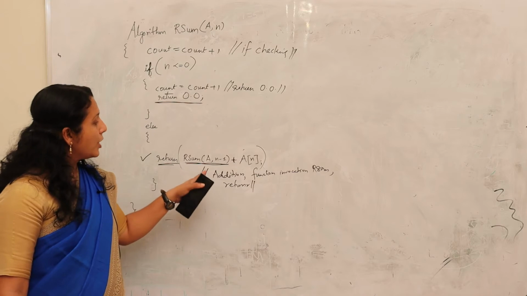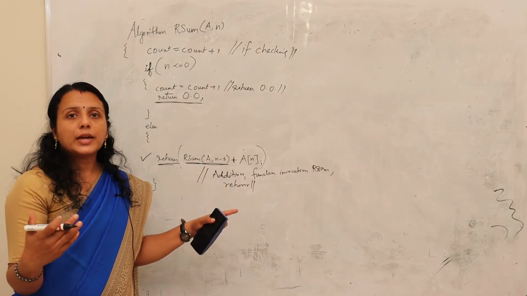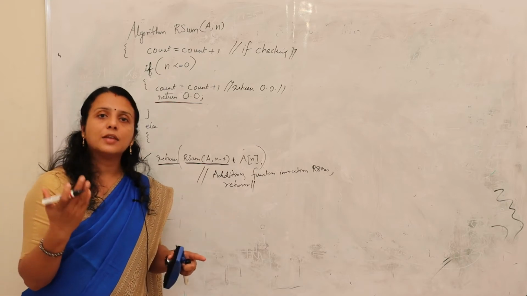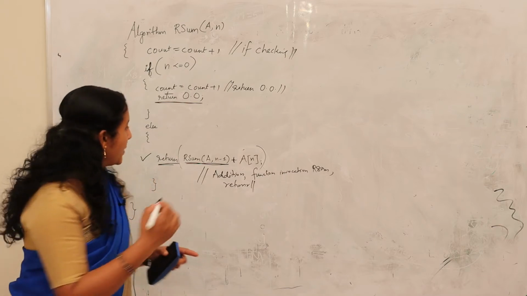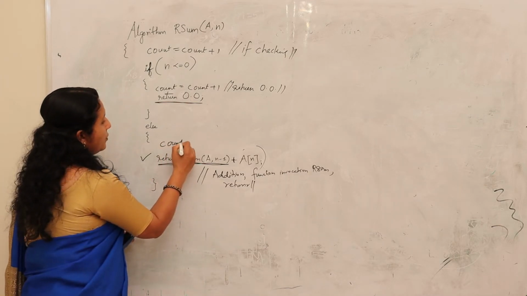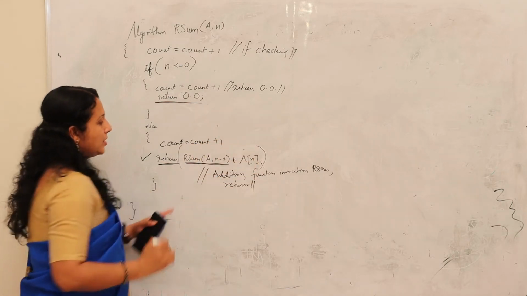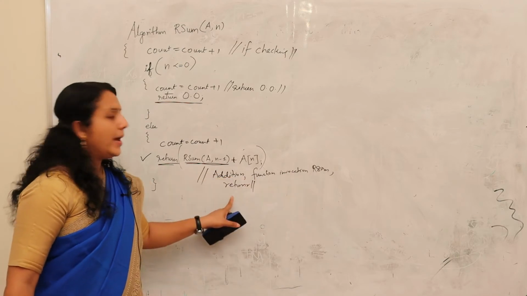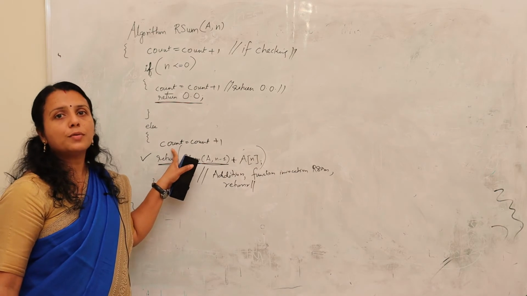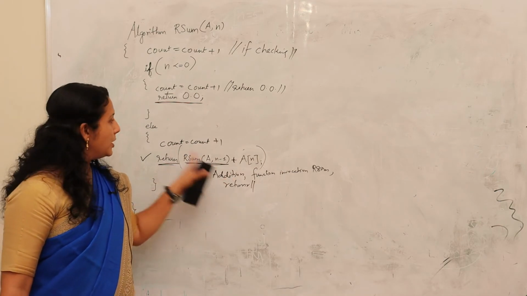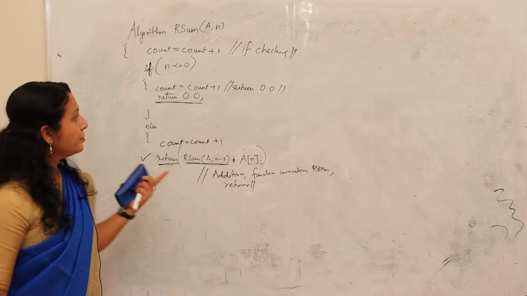Clear? So for representing all these 3 operations, that means when 3 operations are happening there, some amount of time is definitely spent there. Okay, and that is what we are writing. Count is equals to count plus 1 for indicating the time spent for these 3 operations: addition, function invocation and return. For 3 operations we are writing count is equals to count plus 1. Okay, so for 3 operations we are representing it with one single count incrementation.